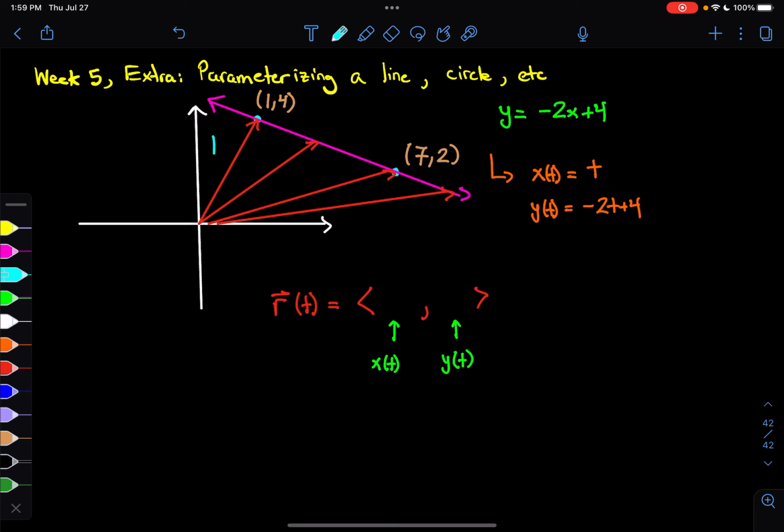So maybe at t equals 0, we're here. At t equals 1, we're here. Maybe at t equals 7, we're here. At t equals 28, we're over here. It doesn't matter how long it goes, how long it takes. The idea is that we will sketch out this entire line. Now, why do I have these t values so spaced out? Because depending on what your parameterization is,